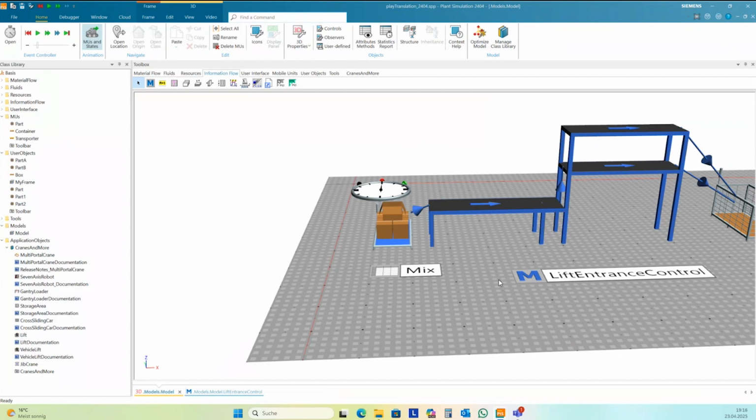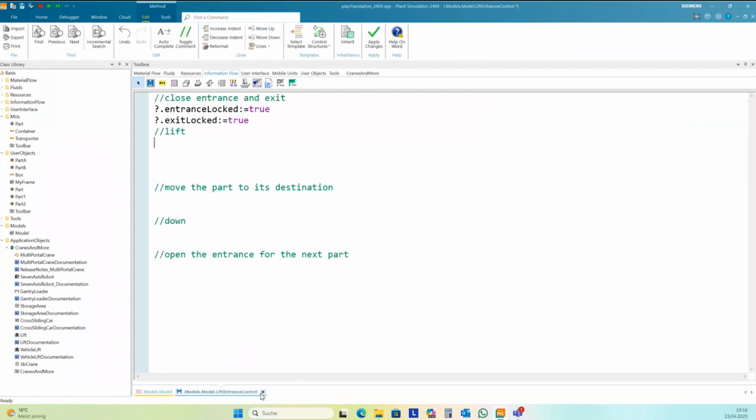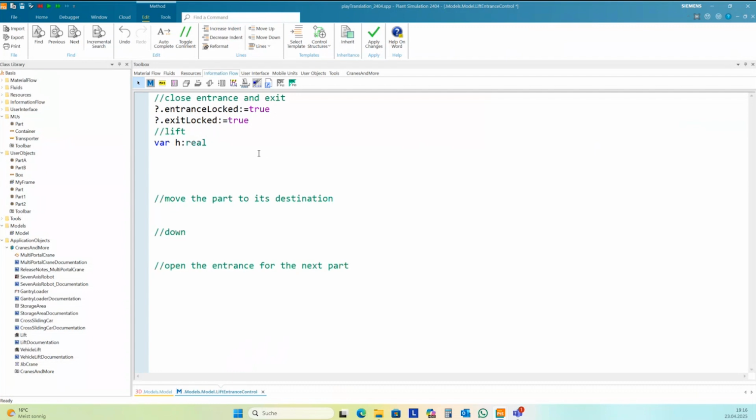So we need a very simple calculation here. I want to have a variable, and the height we need to lift is at point destination, point underline 3D. So we can access all 3D methods and attributes of the element.